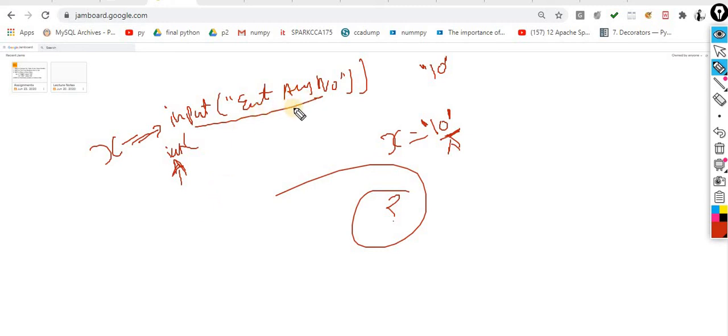For the case of a name, if you ask the user what is your name and try to convert it into an integer, then you will get an error message. That is not feasible. How can a name be an integer? This is common sense. Keep this point in mind when you are solving problems. Whenever you are performing calculations, you definitely need some kind of integer values.